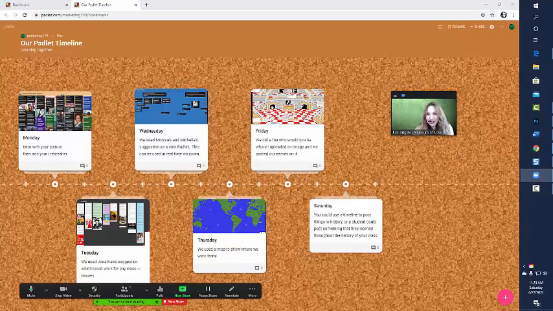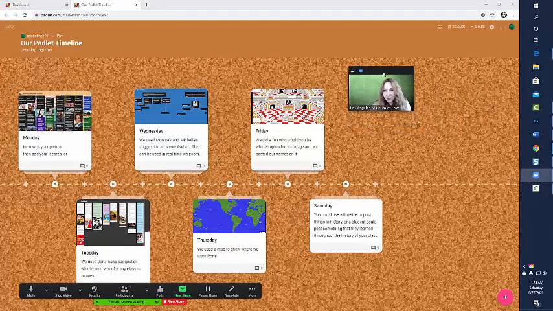As you know, I posted a Padlet a day because Padlet is my definite favorite tool to use, and I'm trying to make this course a little bit my own. On Monday, we did an introduction. The final Padlet of today, which is Saturday, uses a timeline to show you that you can build a timeline Padlet. So on Monday, we did introductions and the icebreakers.